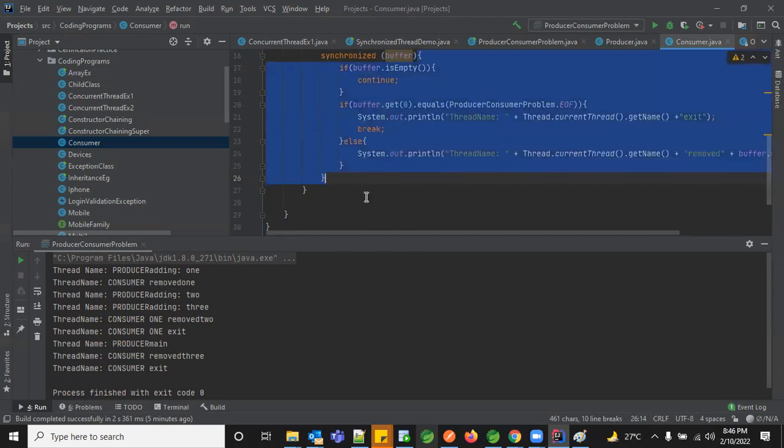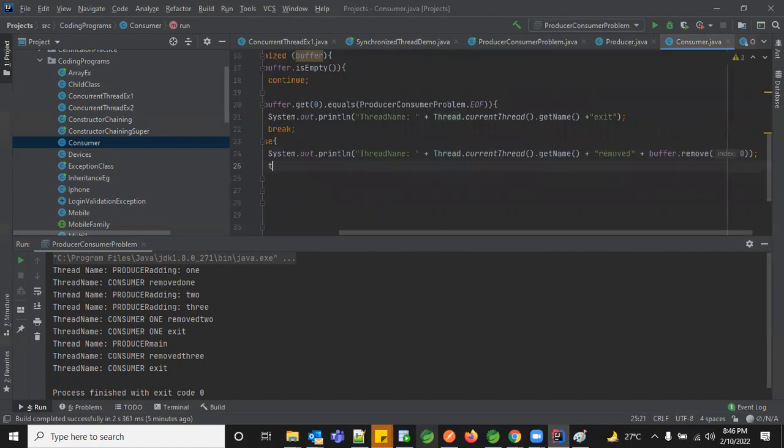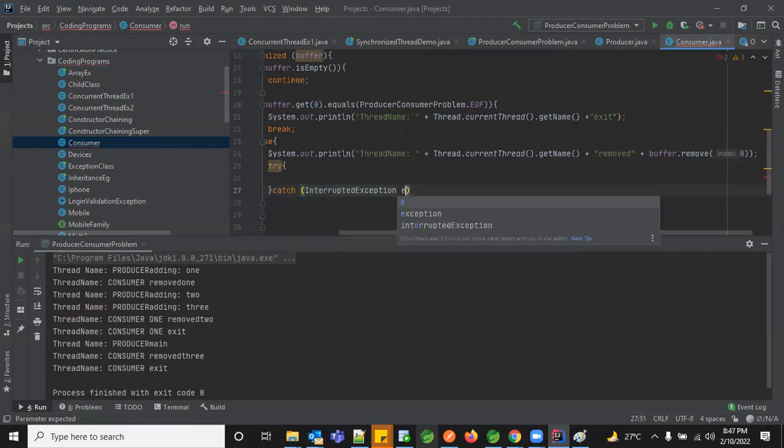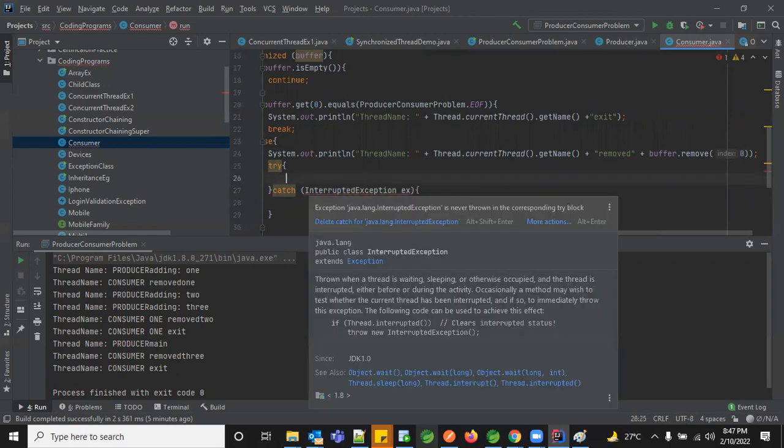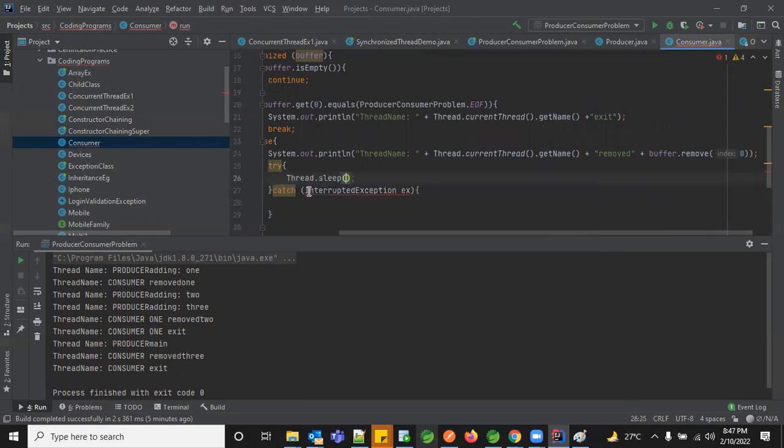So here also, I just want to make sure my thread is actually sleeping. Otherwise, I might end up with an exception, right? So what I'll do here is, I'll again introduce Thread.sleep. Thread.sleep we should always give in a try-catch block.